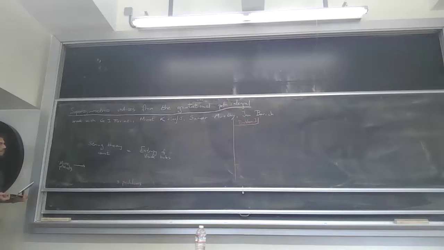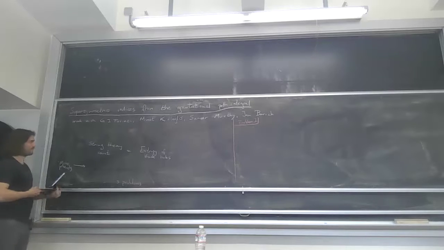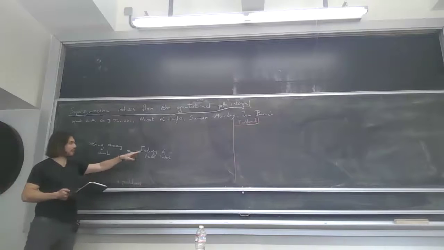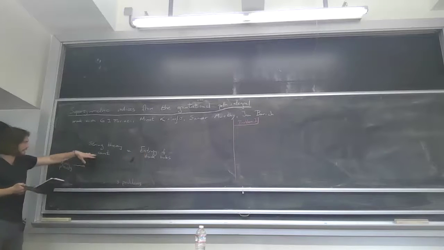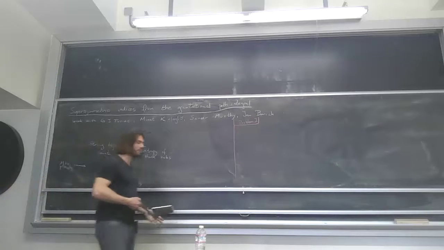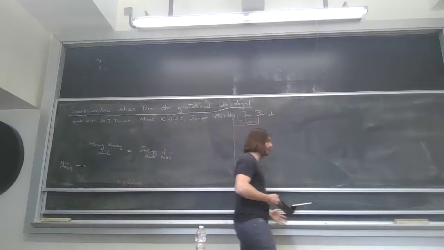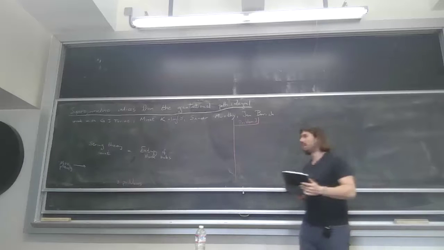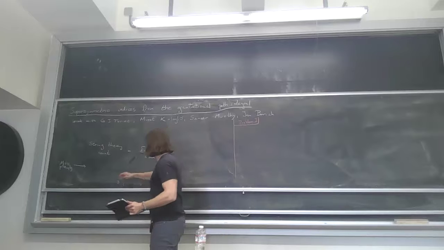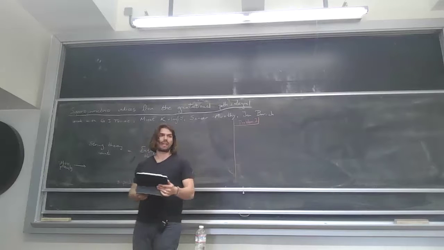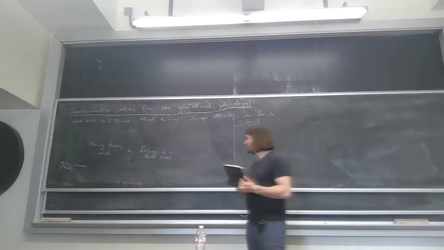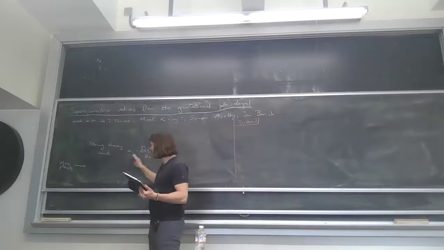So let me start by saying that one of the most celebrated results in string theory that we know of is that we've reproduced the entropy of black holes by using a string theory count. So this is an important physical result, but it also had a lot of beautiful mathematical consequences. It led to a more in-depth study of modular forms. It led to a better understanding of phenomena such as wall crossing and many different things. So it's worth digging more into it.